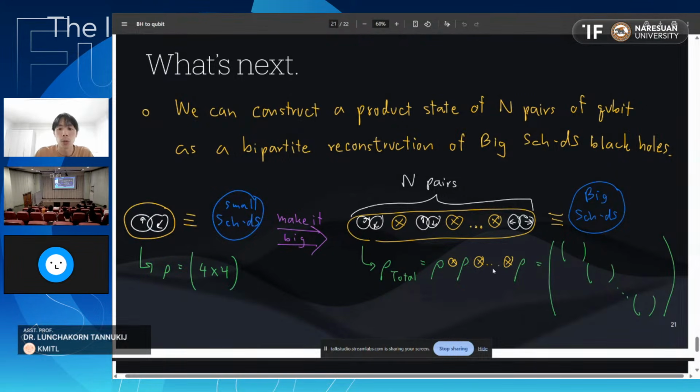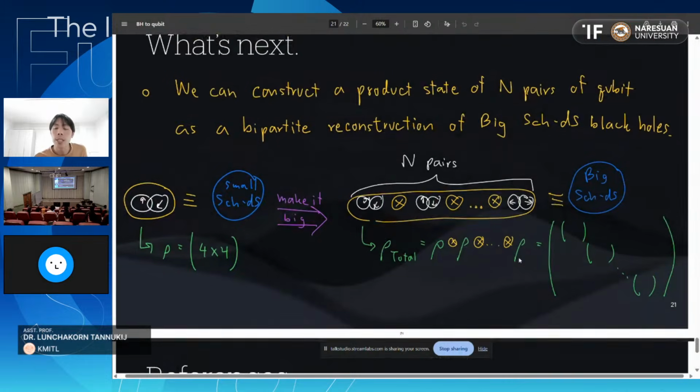We prepare n copies of these, tensor product them into a very big density matrix, and then tweak the parameters a bit so that we end up with a big Schwarzschild black hole. We can actually do that in principle, and then this